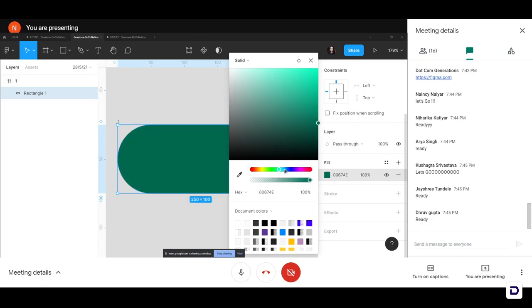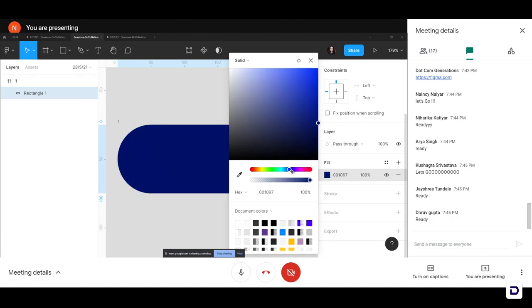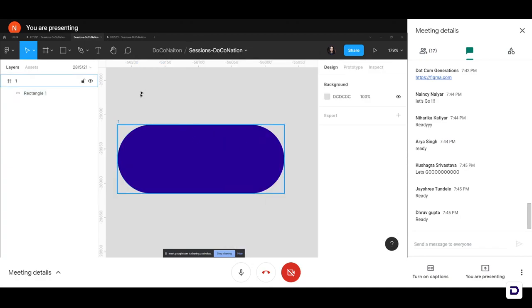So I'm just gonna change it to a light, nice shade of purple or blue. Let's go with purple itself. Maybe a little more purplish. Yeah. Okay. So I've got my color now. So our rectangle is the color that we desire right now.